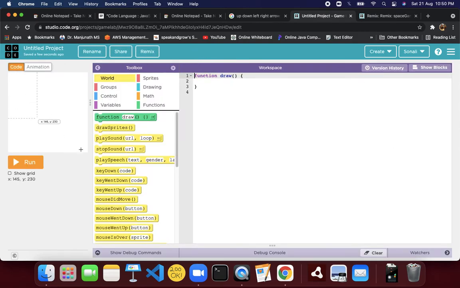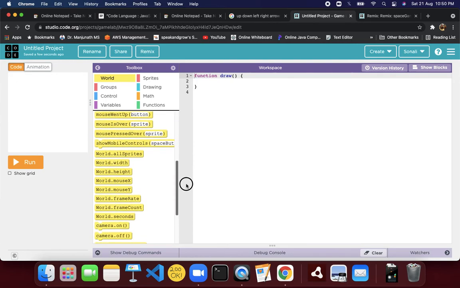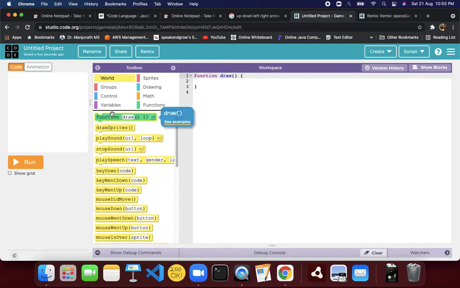This is the toolbox that I'll show you how to use, but over time we will focus on using these toolboxes less. We will directly try to write code. However, we have the block view also, but as a professional I always avoid it and I encourage kids to write in text mode.